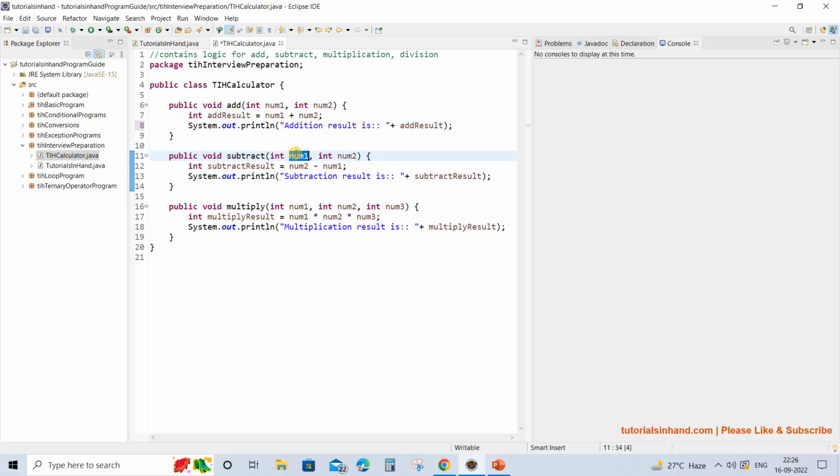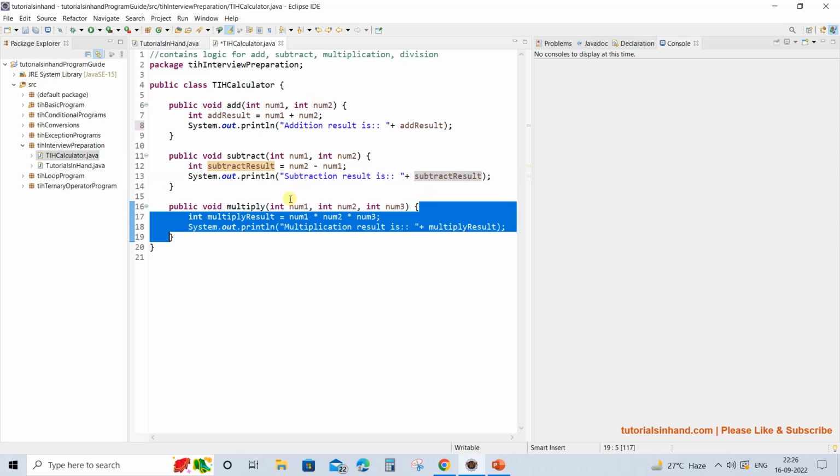Similarly, it has another method which is subtract. It also accepts two parameters of type integer, and then it subtracts the first number from the second, as you can see num2 minus num1, and it stores the result in the subtract result integer variable and then prints the result as shown over here.